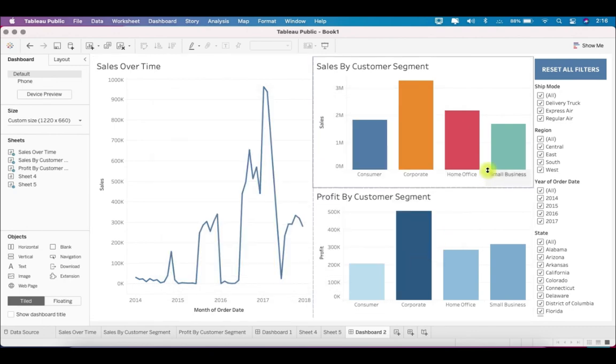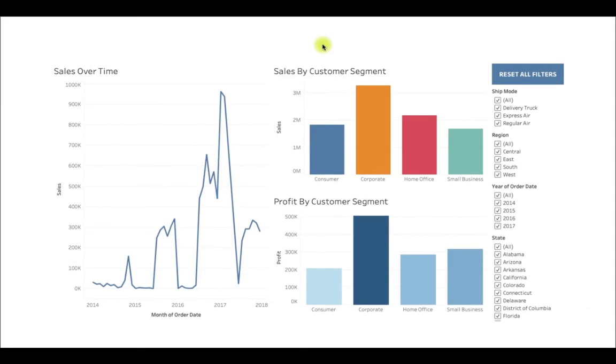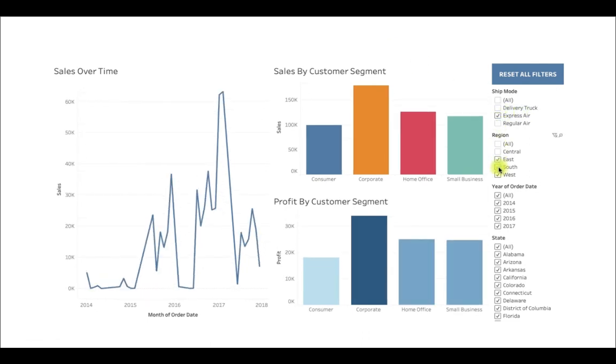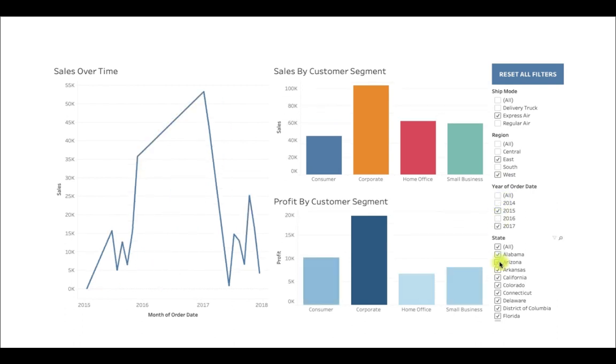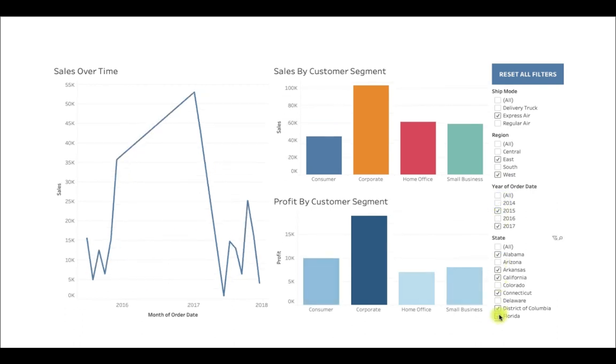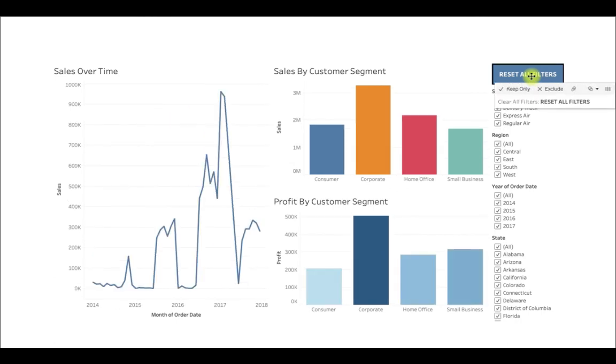Now we will perform the experiment here. I'll just quickly do the change in this filters. So if you see here, okay, now I have made changes to my filters, and I have to just go here and click on this button, and you will see that all the filters will have the initial state of having all the values selected. So just clicking this, and you see then filters are back to normal of selecting all the values.